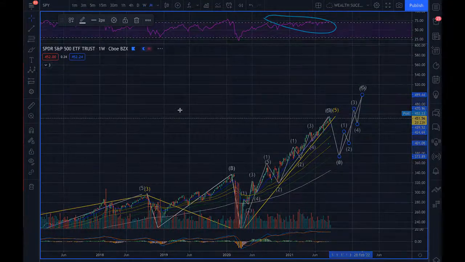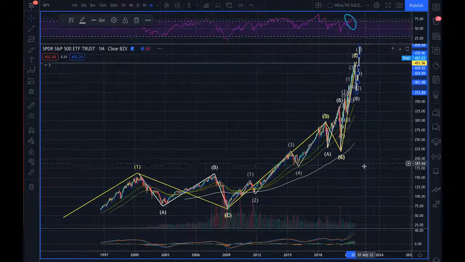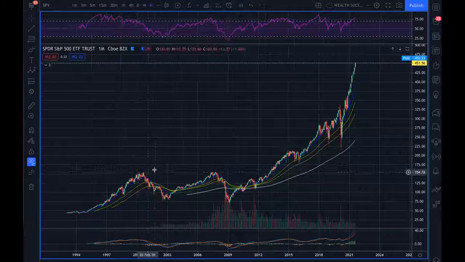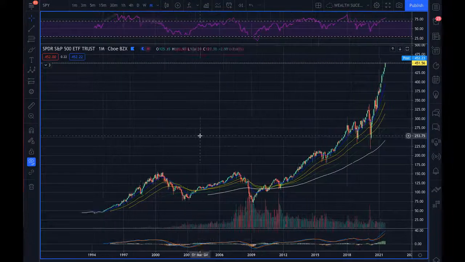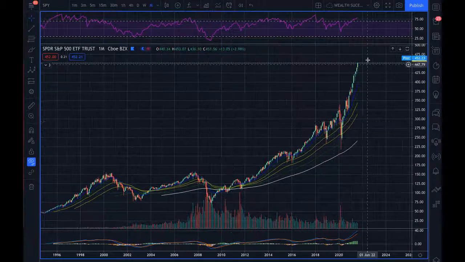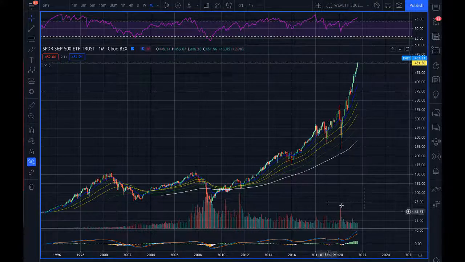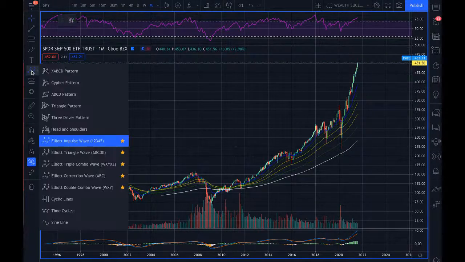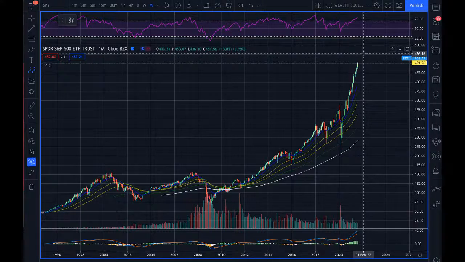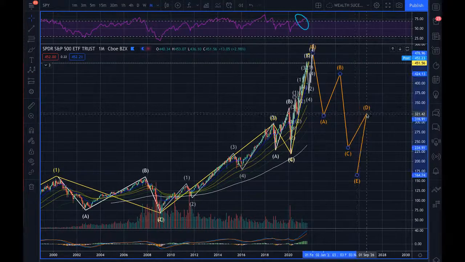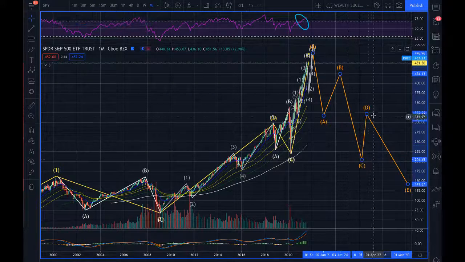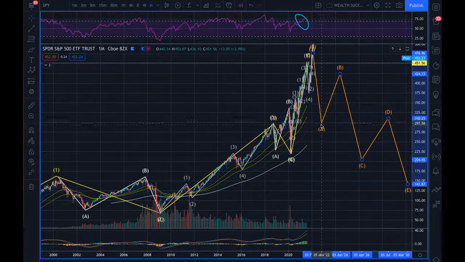And then if you look on the monthly, let me turn all these off. Okay, I don't like having all that clutter, but just to show the example of what's going on. So what's going to happen after the 1, 2, 3, 4, 5 waves? Well, we're going to have a big correction, like either like that, or it could look more like this, or it could look more like this. Move this out of the way. Could end up looking something like that,